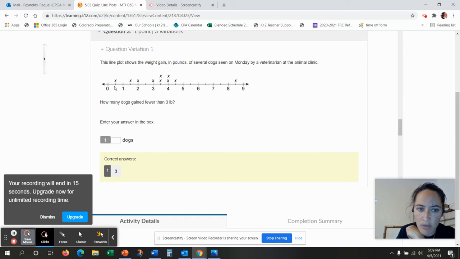Those X's represent the number of dogs. Then where they are on the line plot represents how much weight they gained. Each X represents a dog. Then where they're at represents how much weight